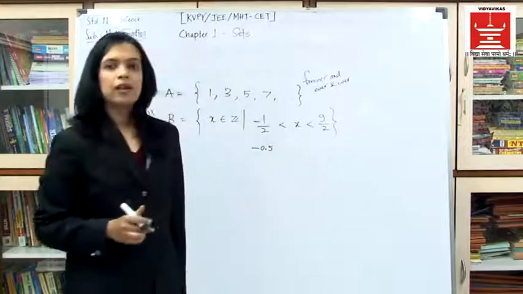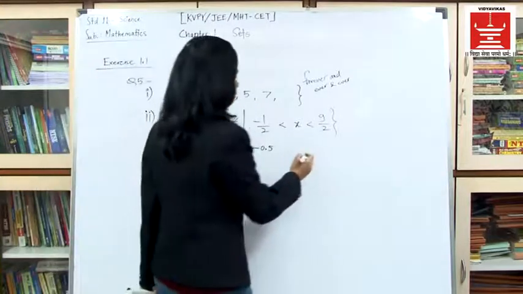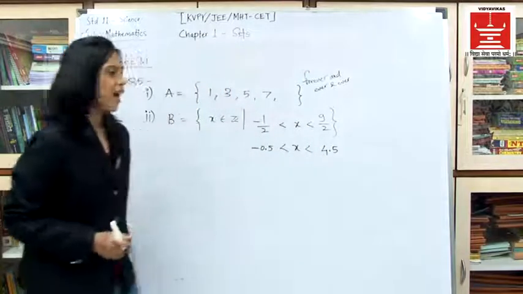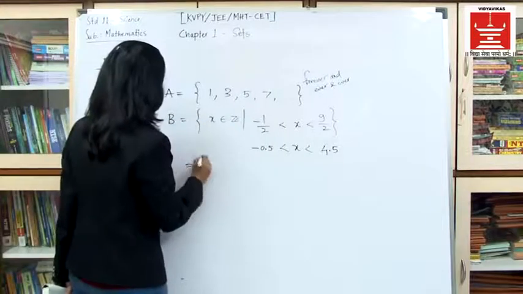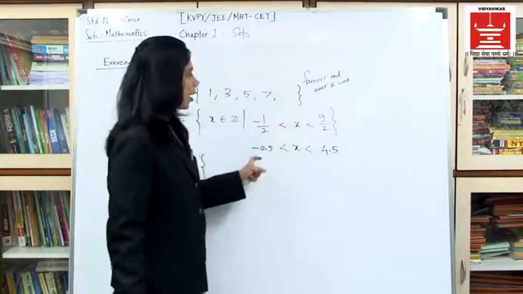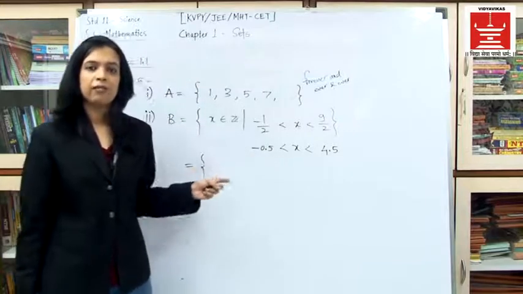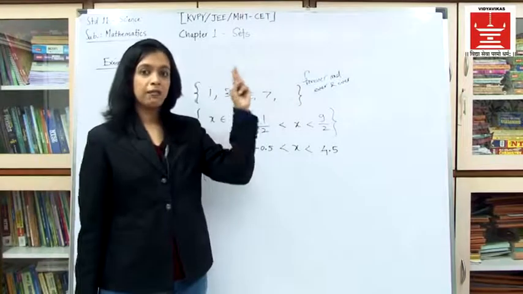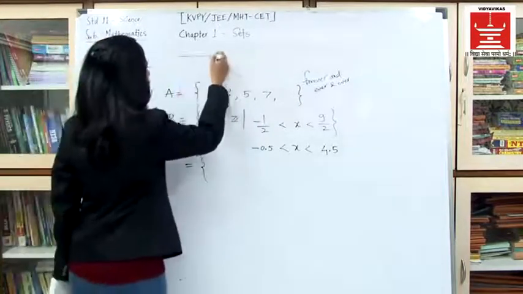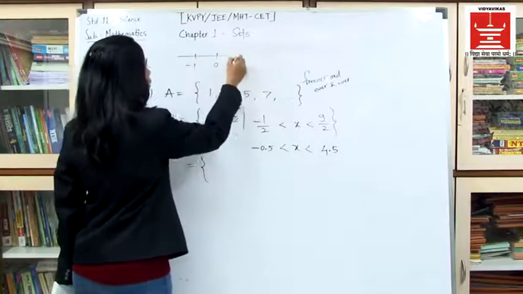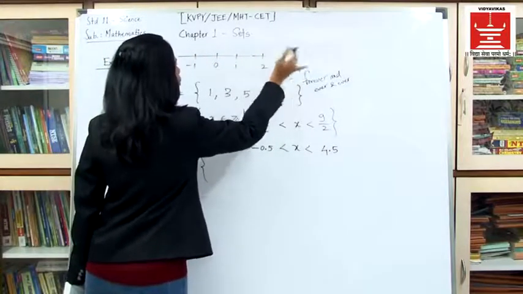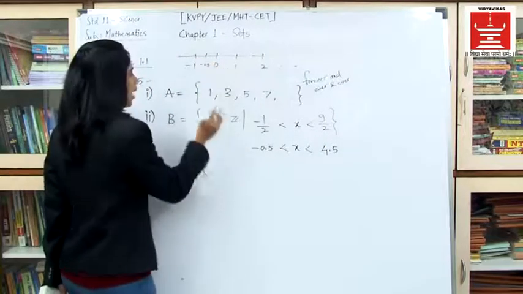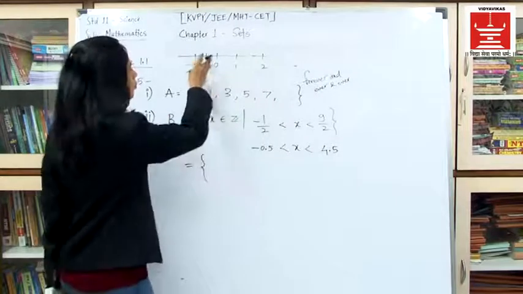9 by 2 is 4.5. So the x actually lies between these two decimals, and x is an integer. That means it should be bigger than minus 0.5. Minus 0.5 lies between 0 and minus 1 on the left hand side of the number line. So 0 is here, minus 1 is here, and we have positive integers on the right hand side. So minus 0.5 is here, x is bigger than that, so we should move to the right side of the